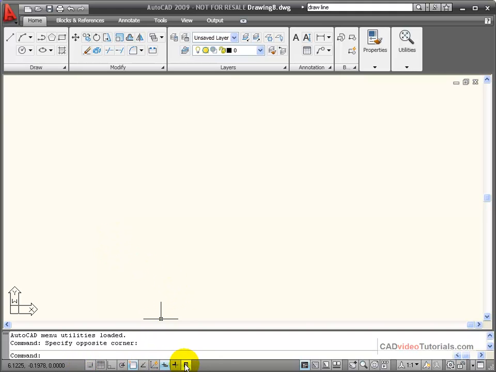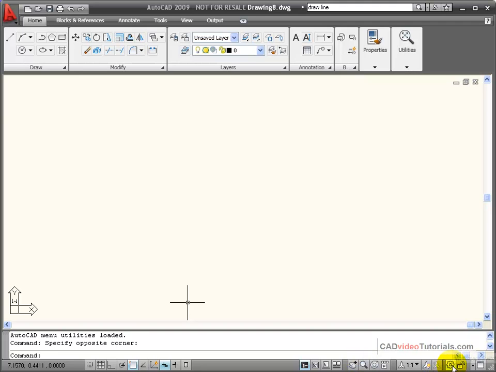We have a set of drawing aids across the bottom. These are quick access buttons that I can toggle on and off. Things like grid and snap, as well as some of my tracking tools for making my drawing very quick and accurate. Also down here on the status bar, we have our tools for viewing model space and layouts. And layouts I use for setting up for printing. I have some viewing tools for quick access, pan and zoom,